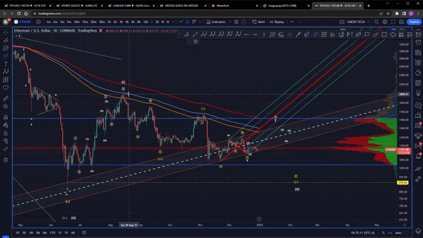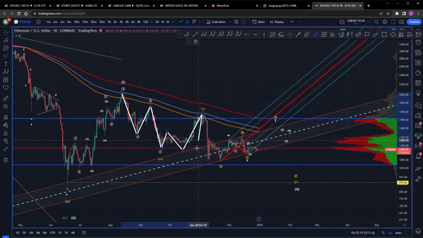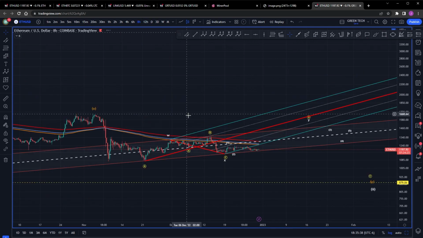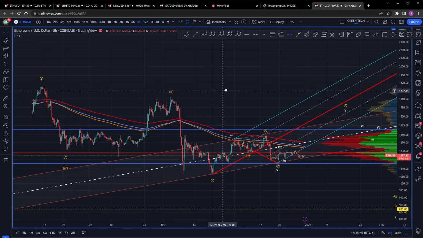My whole premise this time has been that we've had an A, B, C for our W. We've had an A, B, C for the X. It's a flat. It's a pretty long C, but we get it. And then we get our massive drop. Now, if you watch the GRT video, there's a spot in here where I show the same thing. And I know some people are calling this a 5-wave completed move. I don't think so. When you drop to lower time frames here and you really start looking at it, to me,